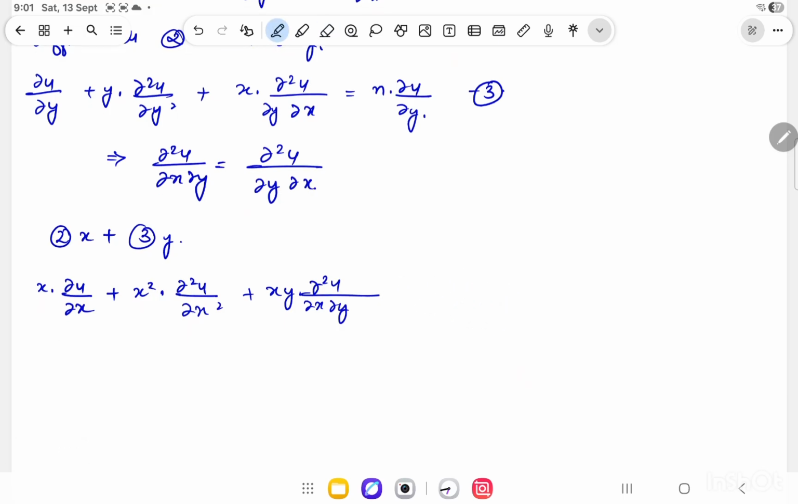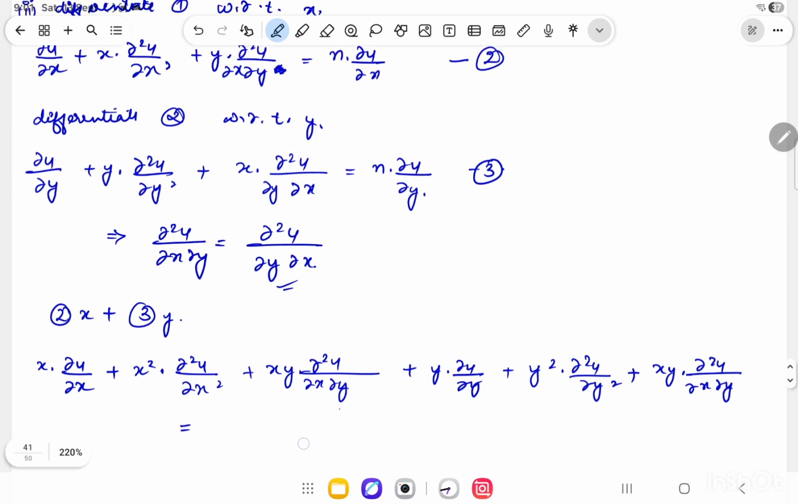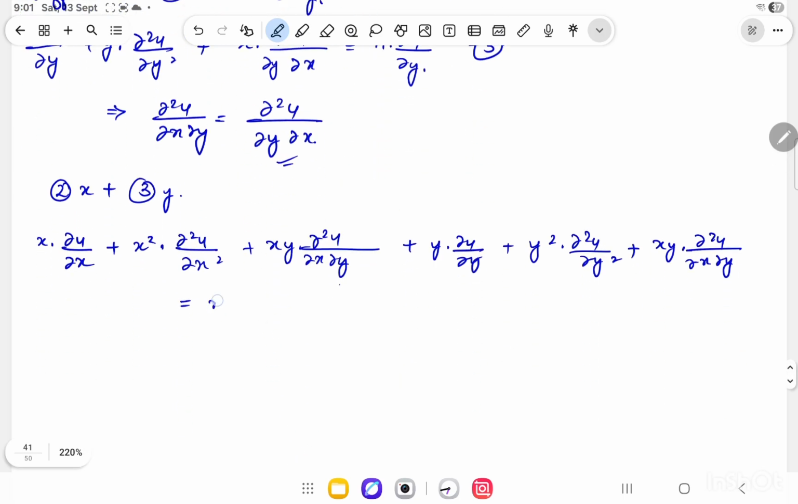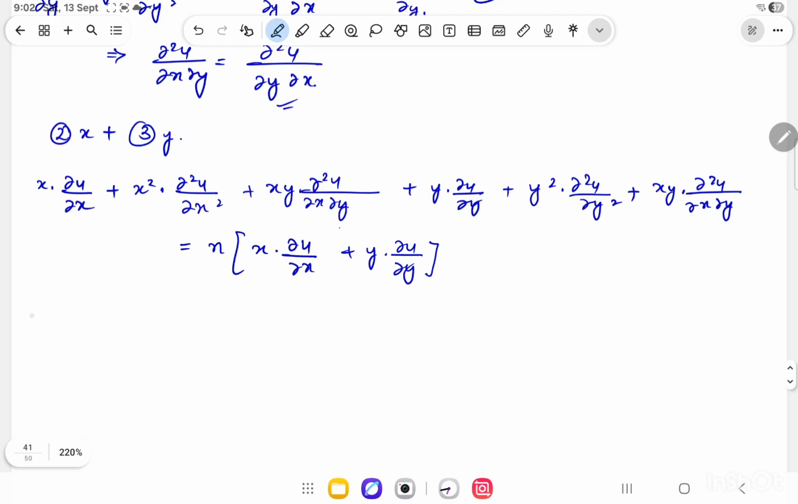We're supposed to add, so we'll get plus y into del u by del y plus y square into del square u by del y square plus xy into, using this, the same as del square u by del x del y, and this will be equal to n times x into del u by del x plus y into del u by del y. So this basically gives me,